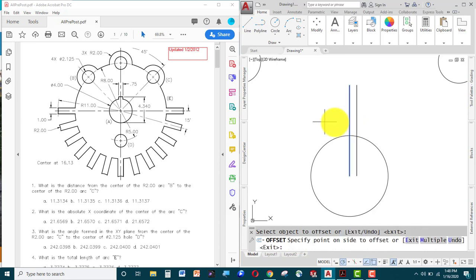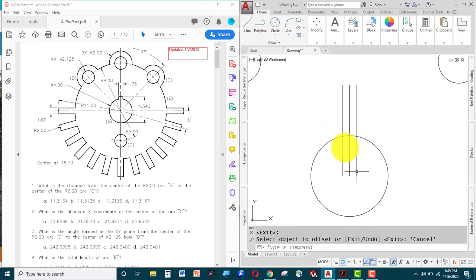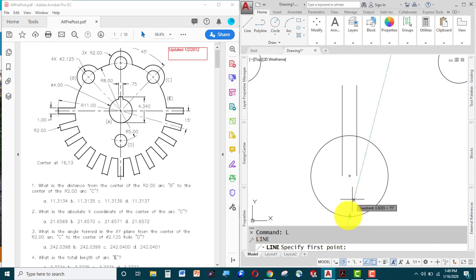So now I'm offsetting 0.375, so the actual width is going to be 0.75. I'll get rid of that center right there. I do need to know where the keyway stops. So I'm going to start, since keyways are always dimensioned from the back side of a hole to the bottom of the keyway, I'm going to hover over quadrant. Because I have it as a running object snap, I can acquire it. I'm going to go straight up